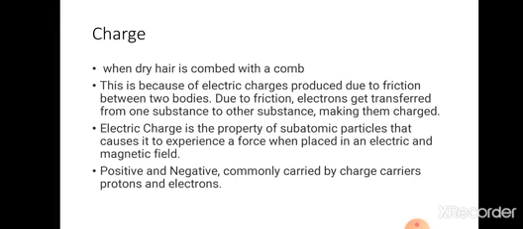Now there are two types of charges, positive and negative, commonly carried by charge carriers, that are protons and electrons. So we all know that whatever things are present in our surroundings are all made up of the smallest, or we can call them tiny particles, whose further division is not possible. Though at the microscopic level, if we see these particles, which we call atoms, they consist of